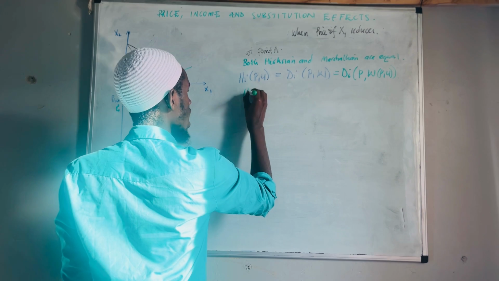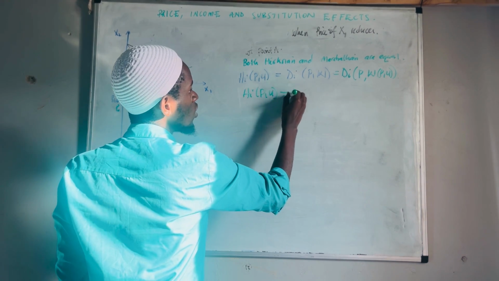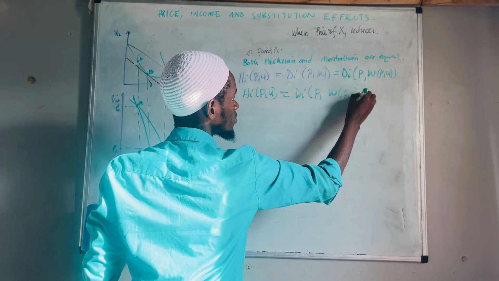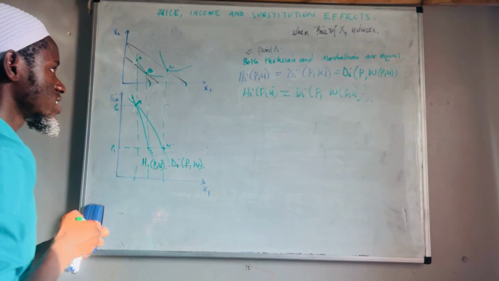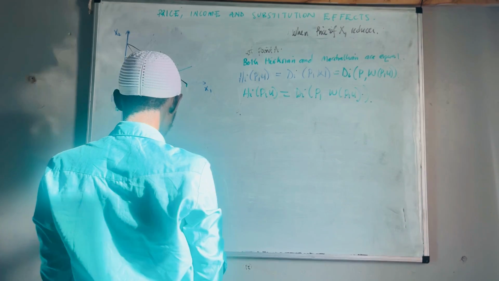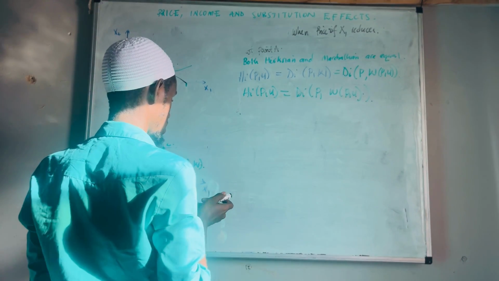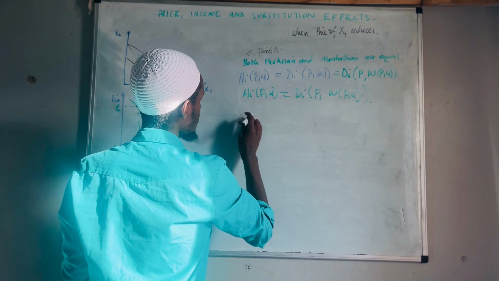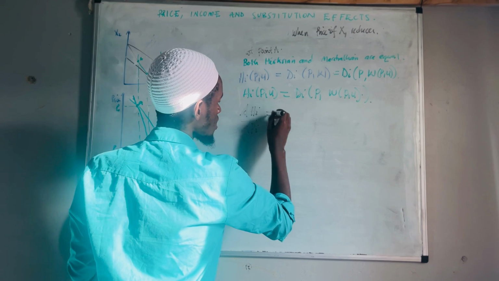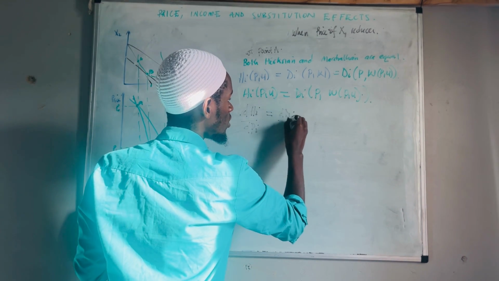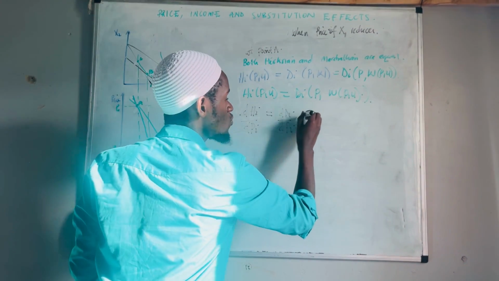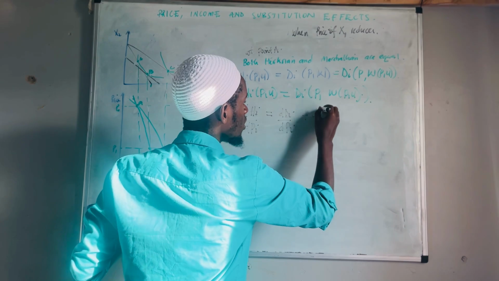This is the same thing as having H_i, a function of P and U, equals D_i of P and W of P and U. If I take the first derivative with respect to P_i, I have dH_i/dP_i equal to dD_i/dP_i, plus, now we use the chain rule to have dD_i/dW